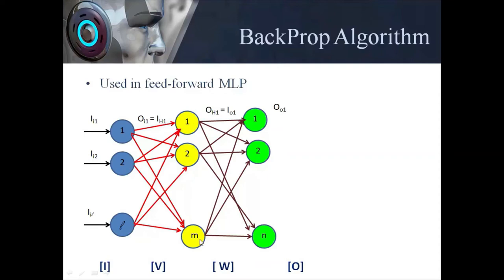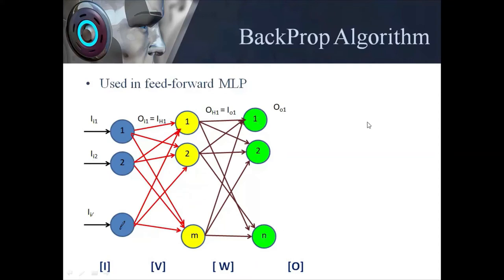Then we have M neurons in the hidden layer, shown by these yellow circles in the figure. And finally we have the output layer, shown in the green circles, having N neurons in the output